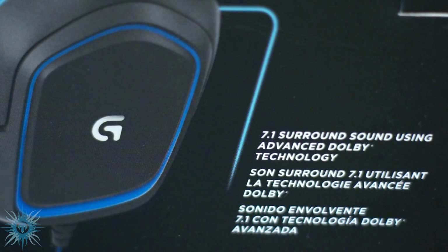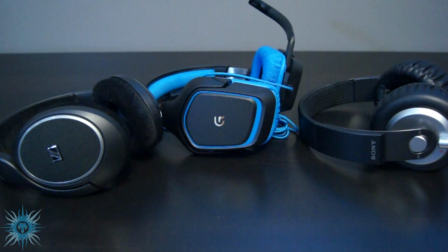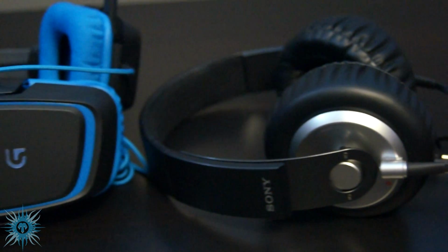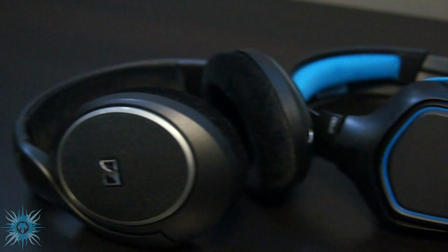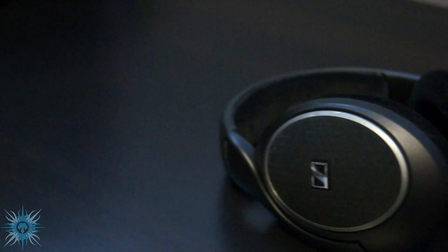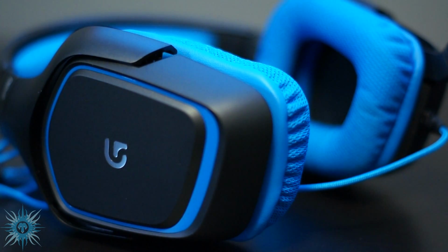Music-wise, they obviously don't have the instrument separation of, say, my Sennheiser 558s or the big booming bass of my Sony XB500s, but those headphones were made for those uses, and having big bass for gaming can actually hinder your performance since a lot of the times the bass would drown out the footsteps or other positional cues. Still though, they are an above average music performer for a gaming headset since the bass is still present, and